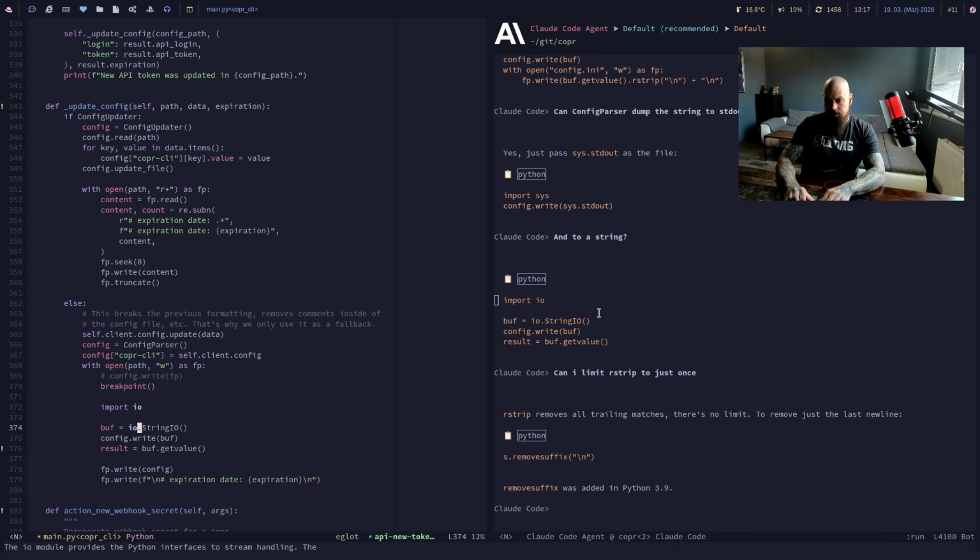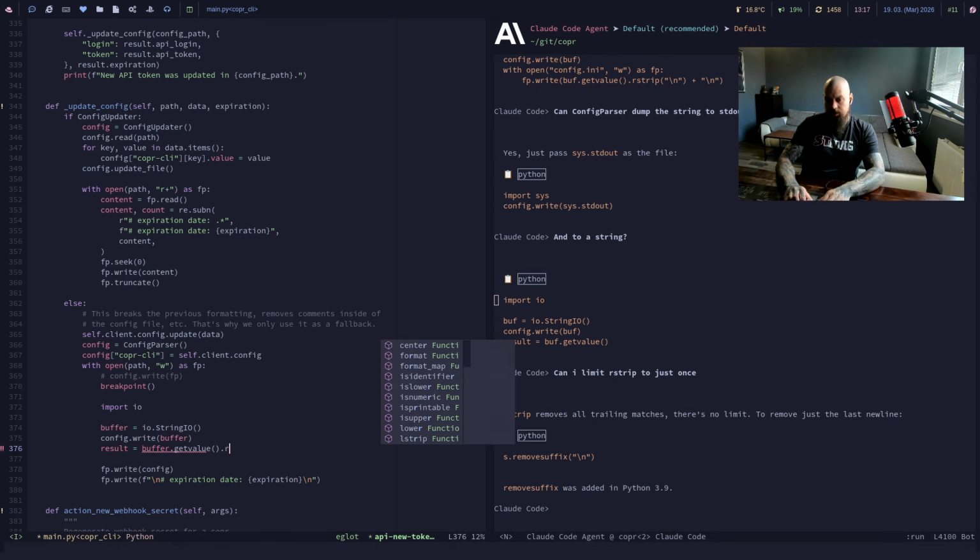StringIO. Let's do buffer, write right into buffer, and then result will be buffer getvalue rstrip,